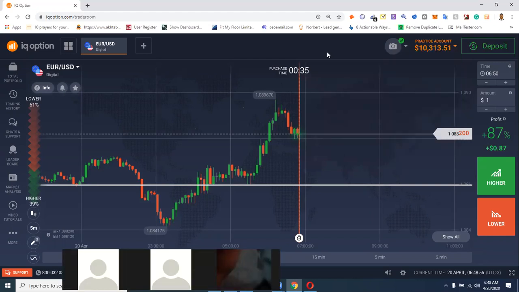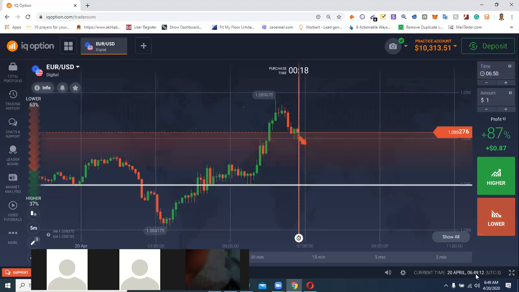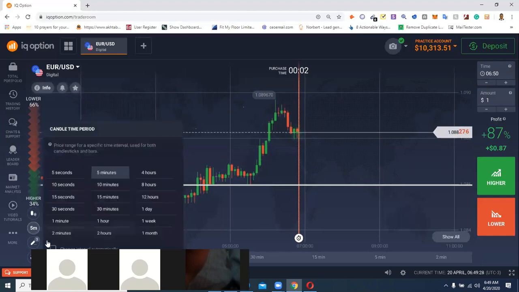Once you've set this time, you can see that the time here is almost similar to this. You always have a 1 minute, 2 minute, 3 minute, or 5 minute interval. You set that time correctly. 1, set your candles. Make sure it is on candles. 2, make sure your candle time period is 5 minutes. 3, make sure your change interval automatically is off. Once those have been done, you are good to go.